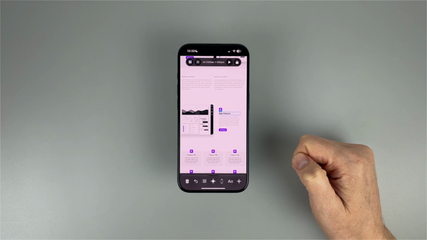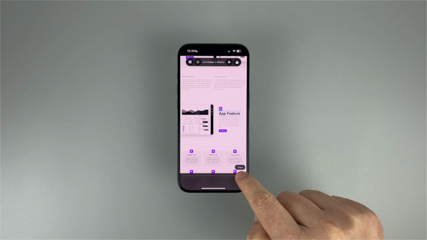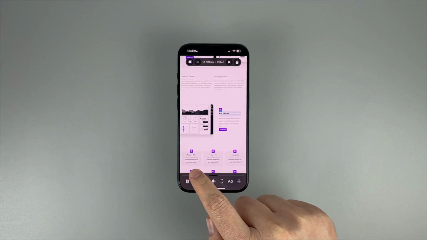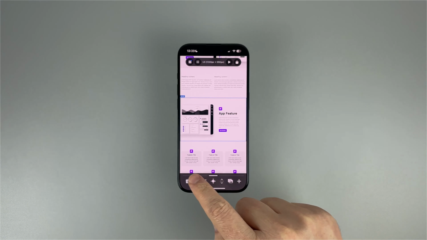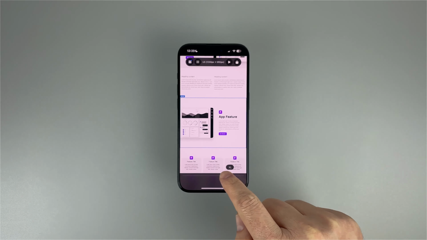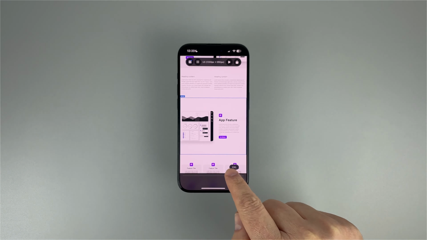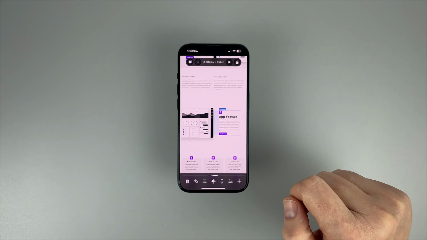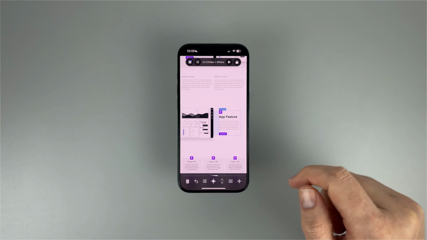Another space-saving feature of the toolbar is the resize rail. This can be found running across the top of the toolbar. We can drag on this rail to make quick size adjustments to the currently selected element. If a block is selected, the resize rail will adjust the block padding. If a column is selected, the left side of the rail will adjust the column offset, and the right side of the rail will adjust the column width.